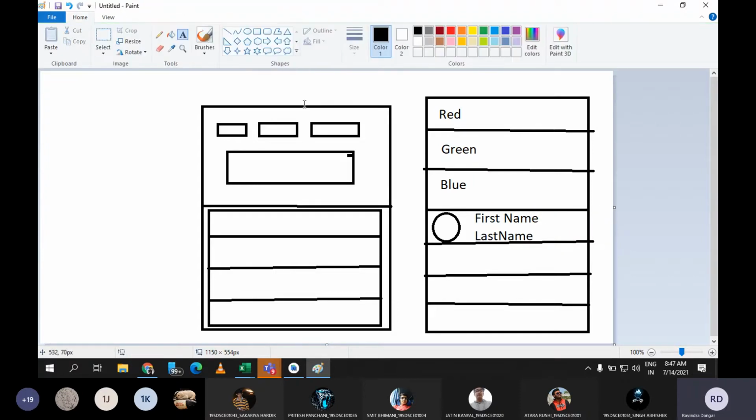Similarly, if I want to place one more icon or image here, you can see that in a single row I have placed two image views and two text views. If you want to place multiple things inside each row, you need to modify your list view, and that is known as custom list view. Are you getting this?